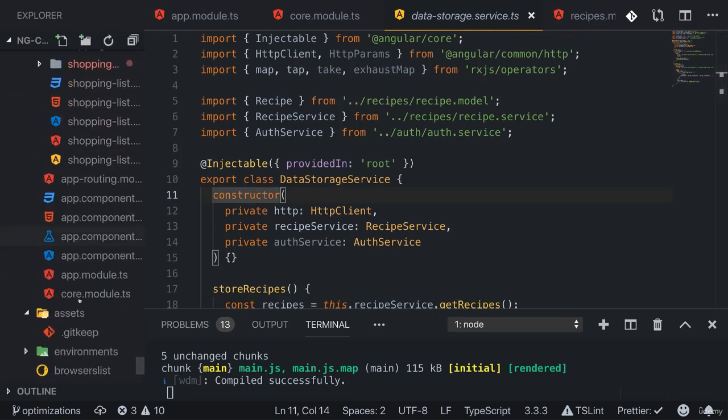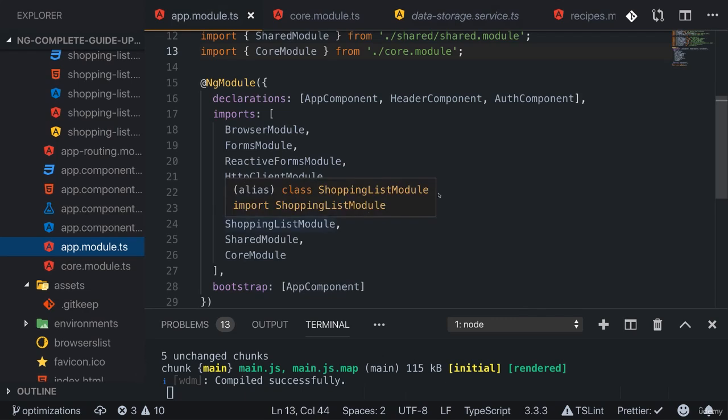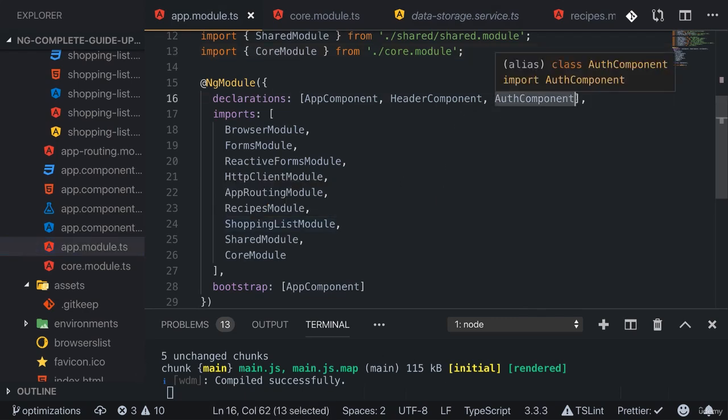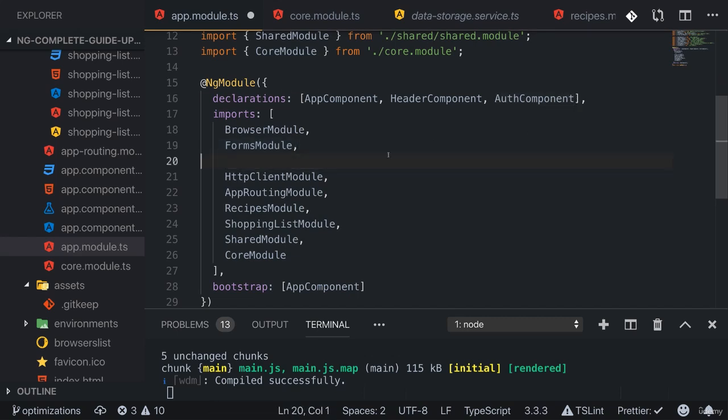So we already reorganized our code quite a bit. What's remaining here in the app module is the auth component. And we also got a couple of imports here, which we might not need in the app component anymore, because our app component already got pretty lean. Now, the forms module is still required because the auth component needs it, but we can definitely drop the reactive